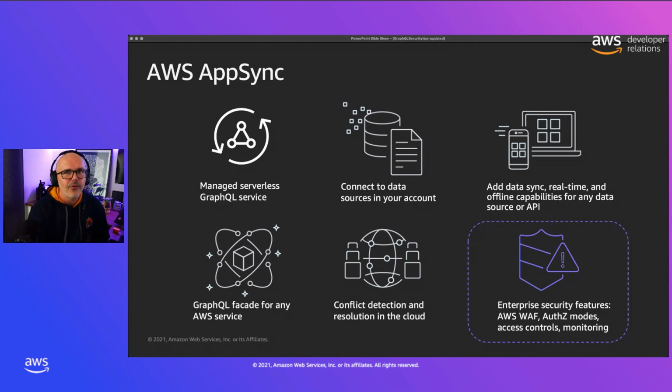AppSync also helps you connect to the data sources in your account, and works out of the box with data sources like Amazon DynamoDB, AWS Lambda, and Elasticsearch. So you can easily connect these into your applications.